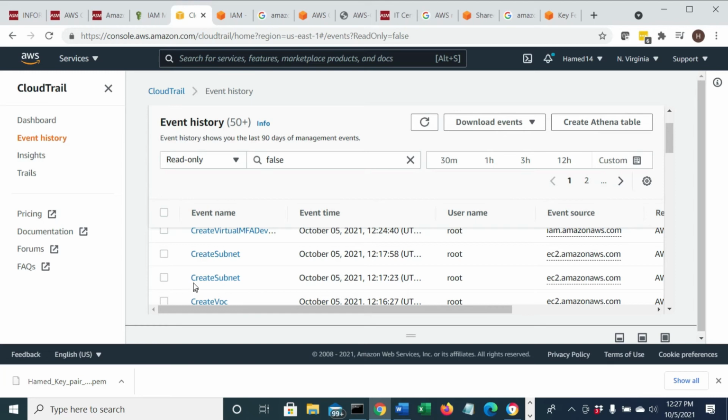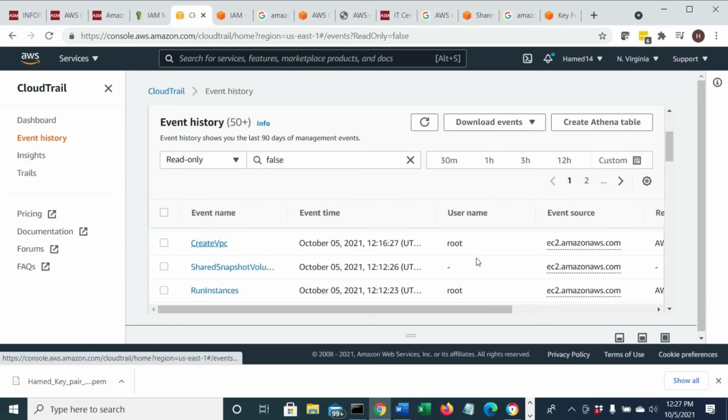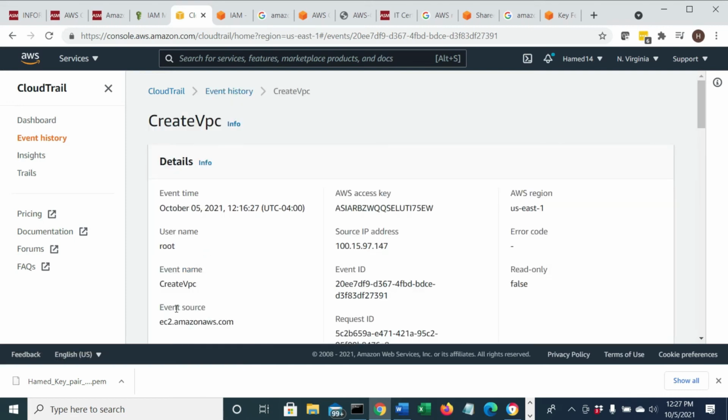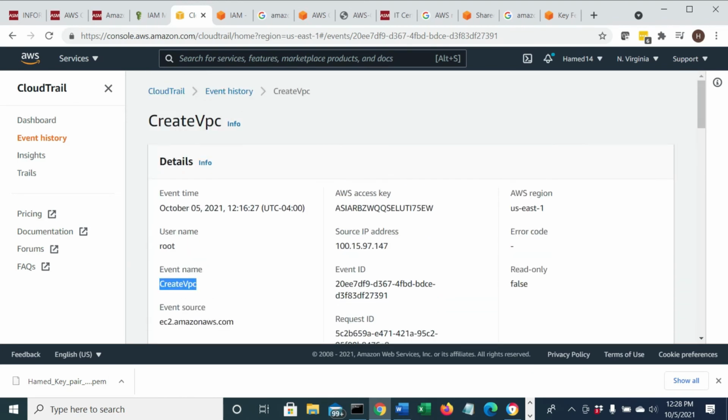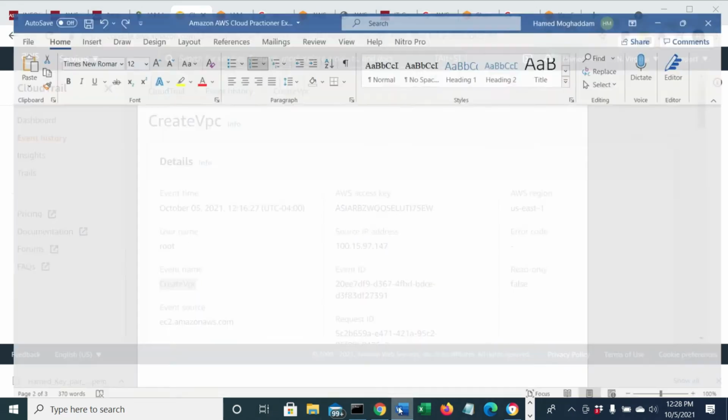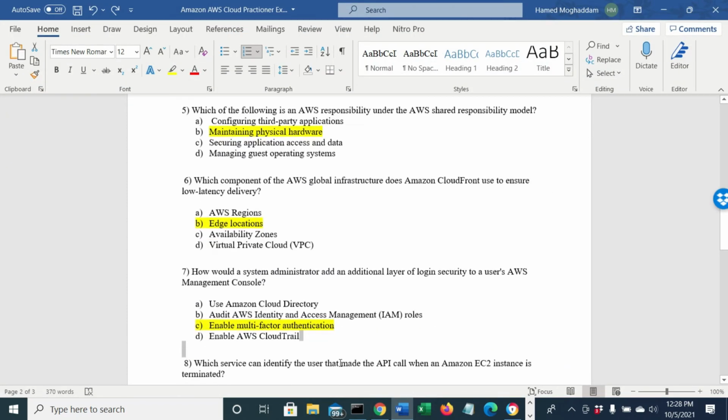So when I go here and create a VPC, if I go to that account, I can see the user and root. So that username could be test, could be XYZ, and then I can see what that person has done. It created a VPC, it did this, what time they did that, all that good stuff, okay? So that's CloudTrail. That's what CloudTrail is, auditing a user.